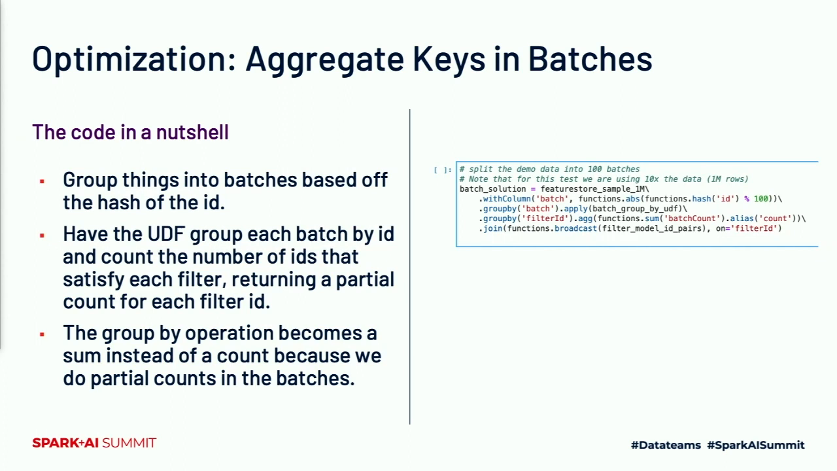And how we're going to group things into something larger than an ID is we're going to take a hash of an ID modulo batch size, and basically group by the hash of your ID. If you look in the code, it's where it says withColumn batch, and then there's a functions.hash of ID modulo 100. So we're going to have the UDF group each batch by ID and count the number of IDs that satisfy each filter. Again, we're going to return a partial count instead of just returning 1 row for every